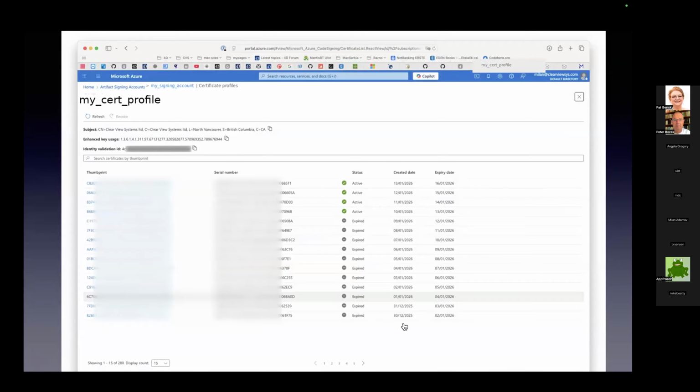Azure is generating every day one certificate that is valid for 3 days, and you always have 4 certificates active. So when you sign, it will automatically choose this one. And when your client starts an application, it will consult these certificates. It will know that they're valid, even though you signed with, I don't know, this one, which is like 5 days ago, you know. So this is how Azure works.